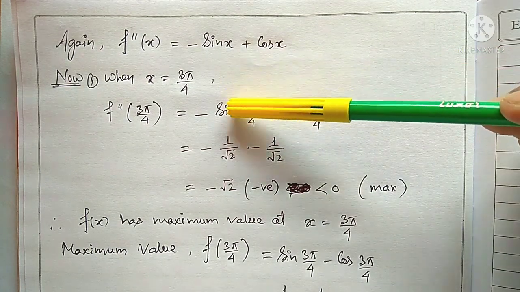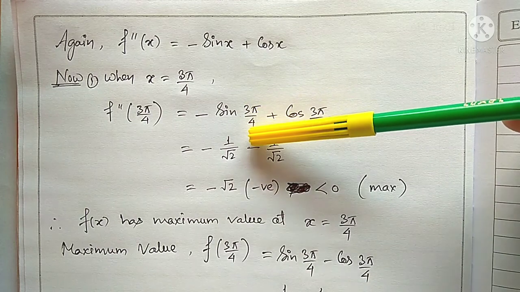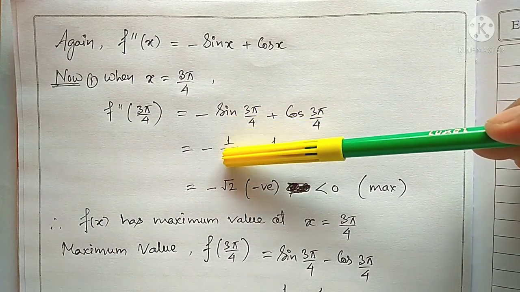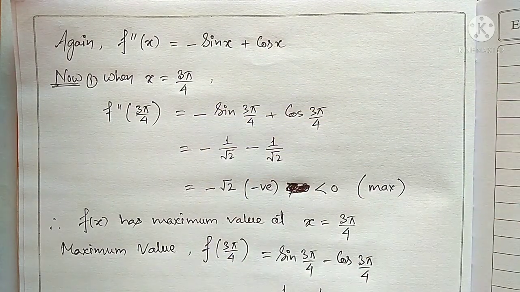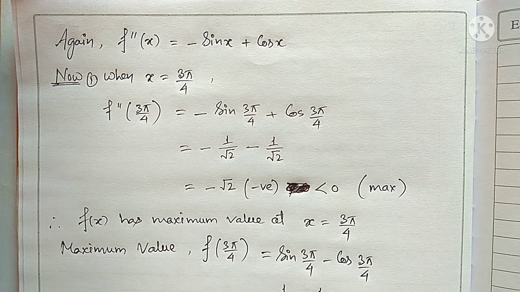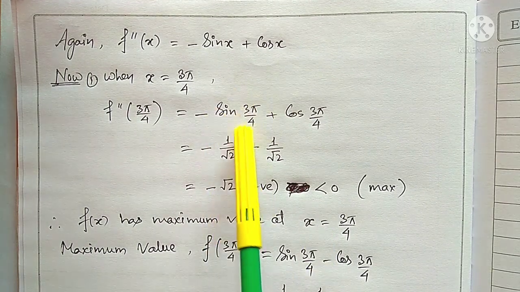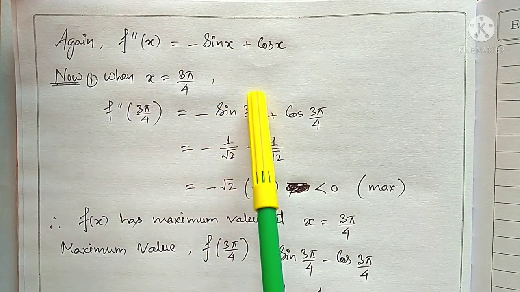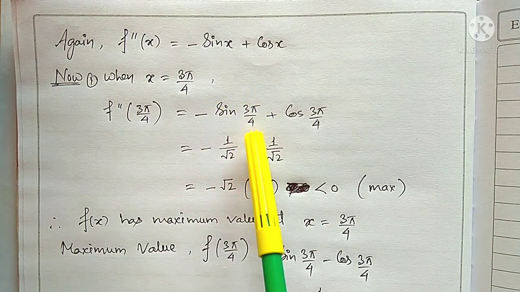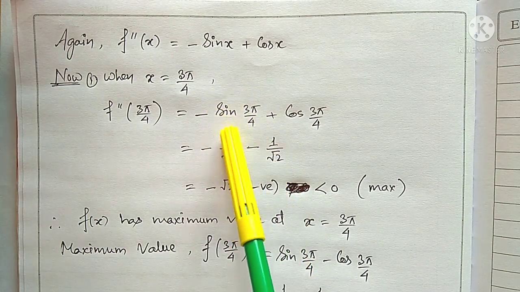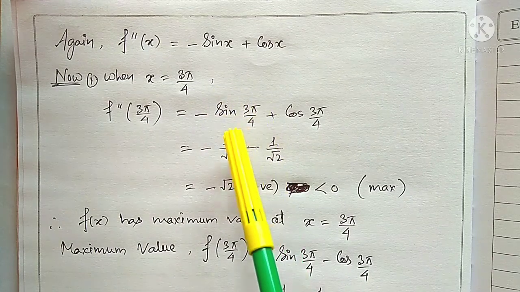So simply here when we break sine 3 pi by 4, we get the answer 1 by root 2, and minus is already there. All of you understood this one? So sine 3 pi by 4 we have to break separately and evaluate this result. In class 11 we have already done this type of questions. So the value of this one is 1 by root 2.